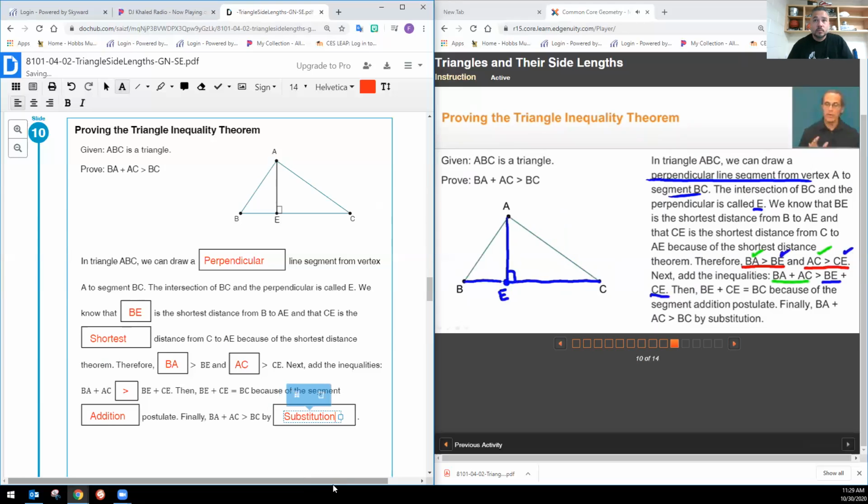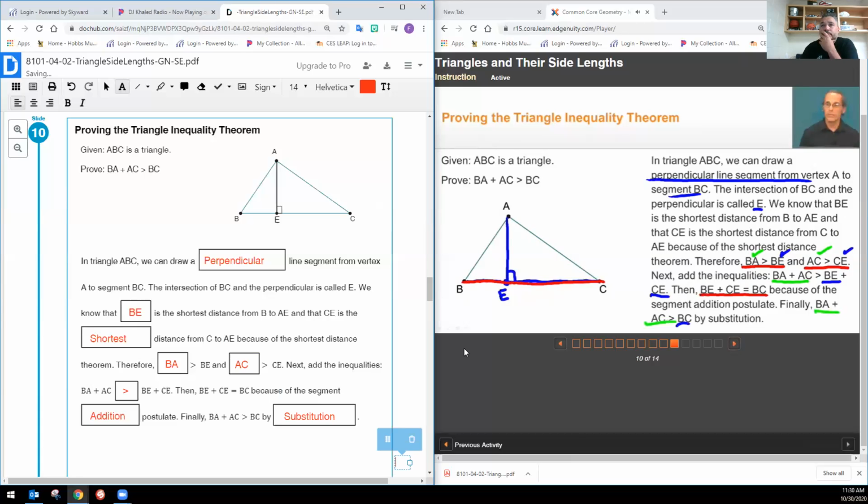And we know the segment addition postulate simply says that BE plus CE is equal to BC. So I'm just going to make that substitution. And when I make that substitution, I end up with BA plus AC is now greater than BC. And that's what we were trying to show,